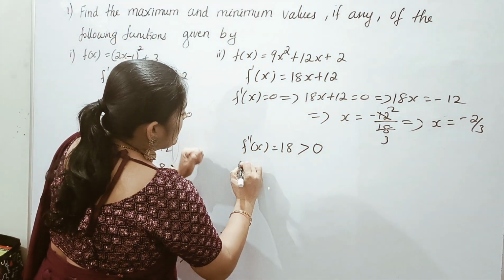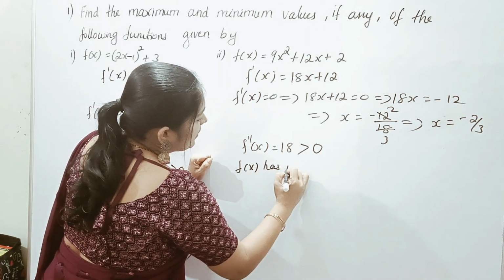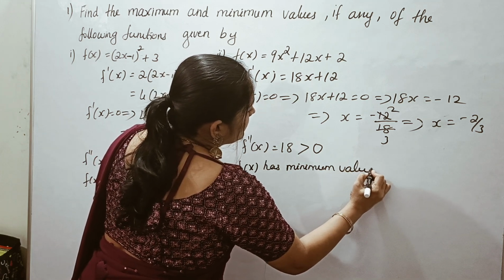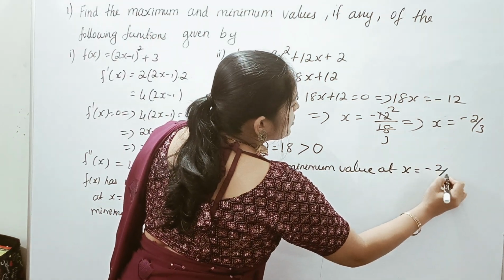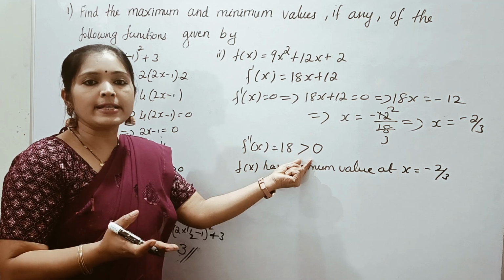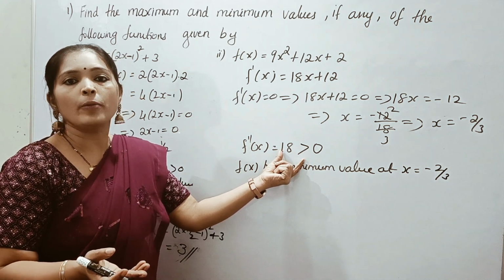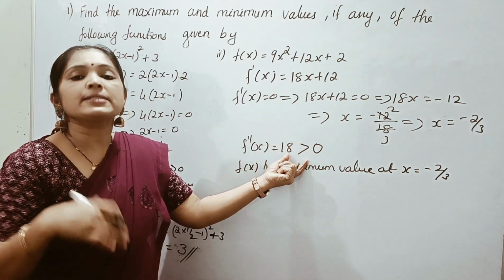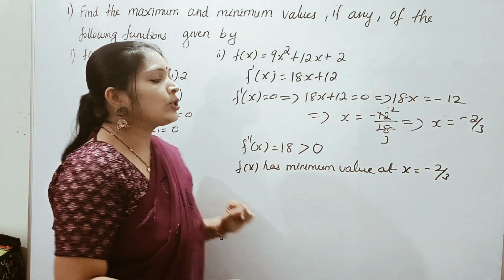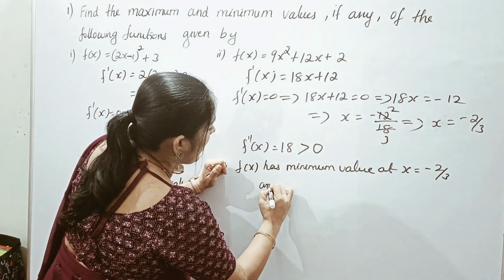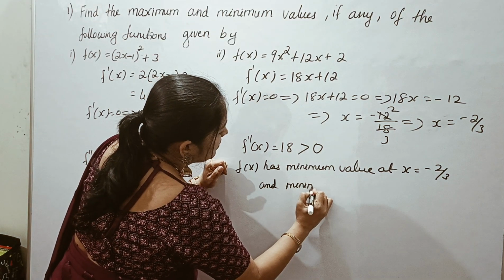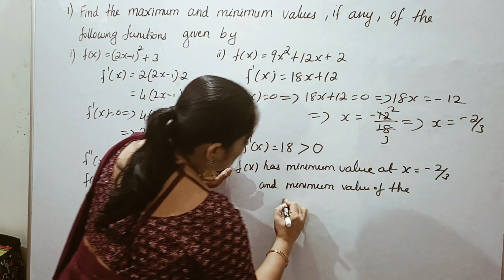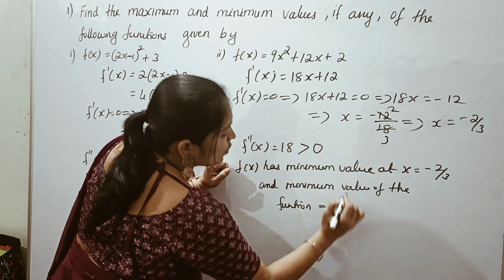Okay, that is, f of x has minimum value at x is equal to minus 2 by 3, because we have got the second derivative is greater than 0. Therefore, according to the second derivative test, we say this function has minimum value at x is equal to minus 2 by 3, and the minimum value of the function is equal to